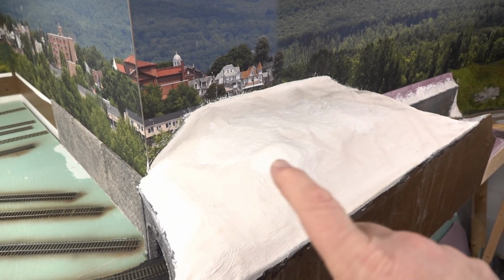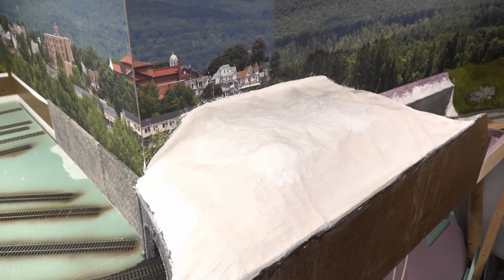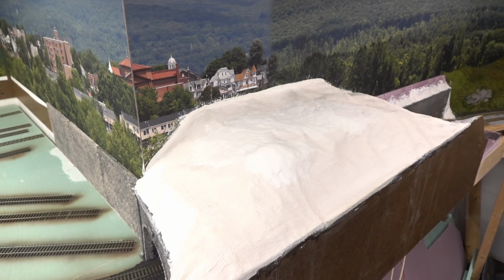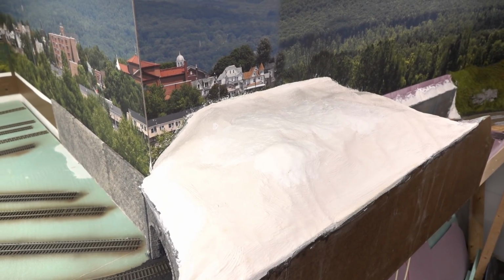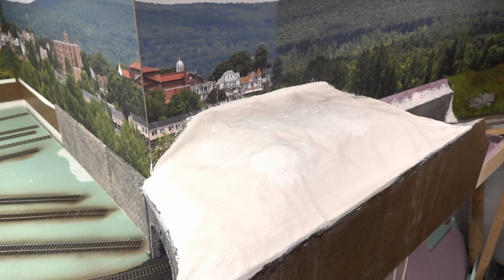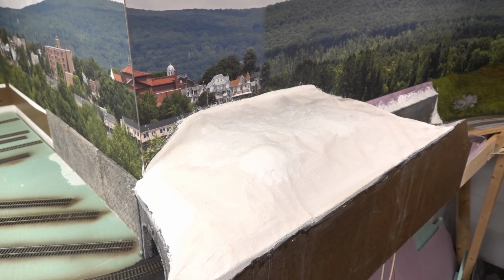And then I used some of the shaper sheet from Woodland Scenics in here because I didn't have any foam. I didn't feel like going out and buying more for this little thing here. So I used up scrap pieces where I could. Shaper sheet, plaster, some of the plaster cloth to tie it in. And then this is all going to be obviously covered with scenery and some trees, and probably similar to the area I did. Well, let me just